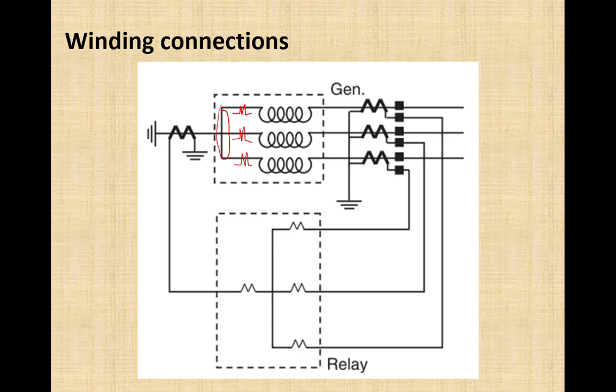Three CTs are inserted in the line, and one CT has been inserted in the neutral circuit. And here this is the tripping coil, the operating coil, and these three are restraining coils. So the operating coil will carry current only if we have a zero sequence current, meaning the sum of the three restraining coil currents is not equal to 0, and that would result in case of a line to ground fault or a double line to ground fault. So basically this type of differential protection is used for the detection of ground faults.